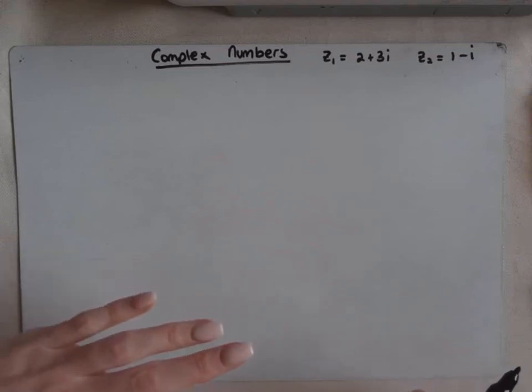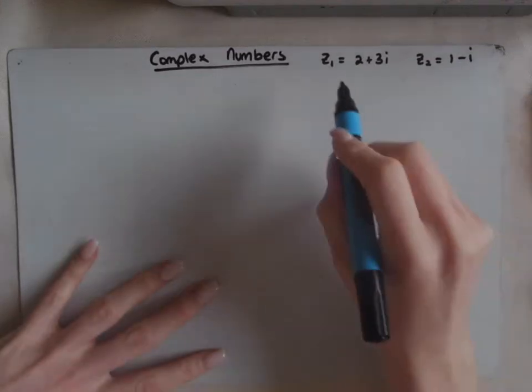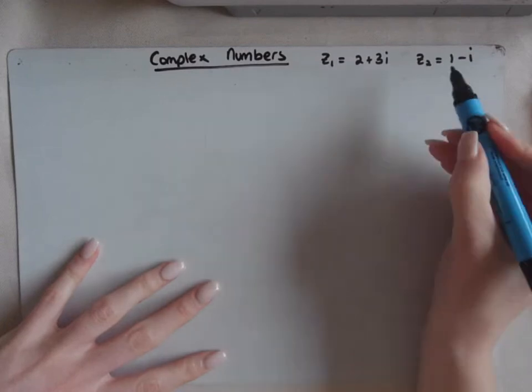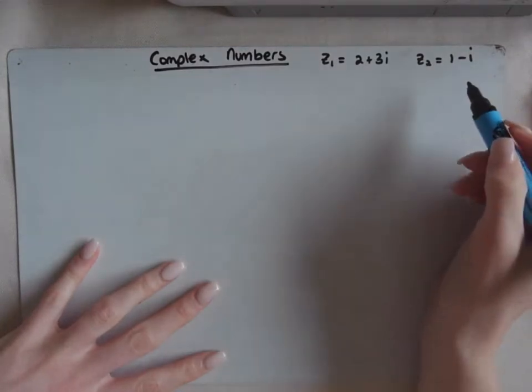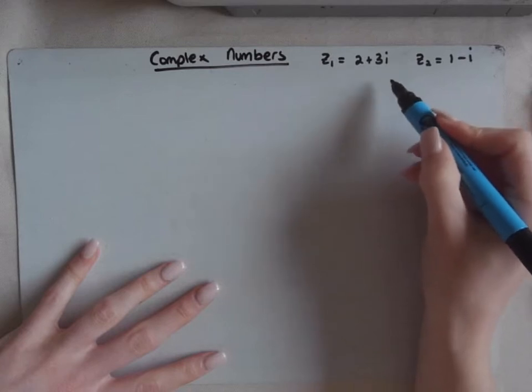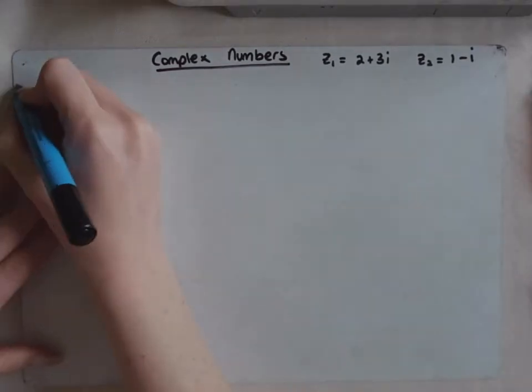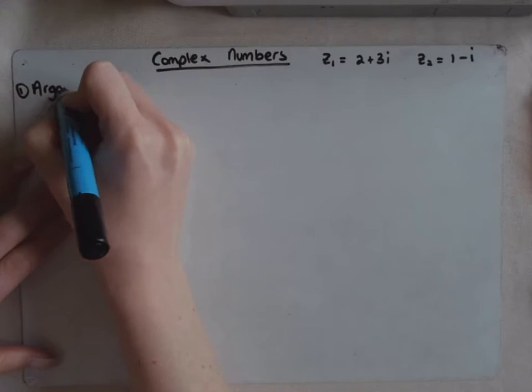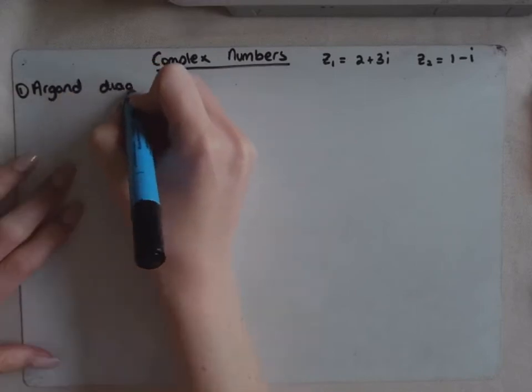Okay, so let's do a quick revision of complex numbers. z1 is 2 plus 3i and z2 is 1 minus i. A complex number is made up of a real part, which is this number, and the imaginary part, the part with the i. So the first thing they can ask is for an Argand diagram, and that's just asking you to